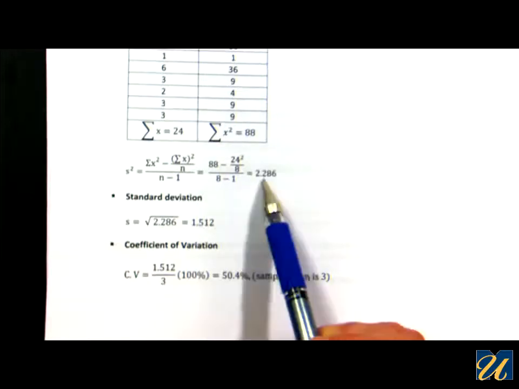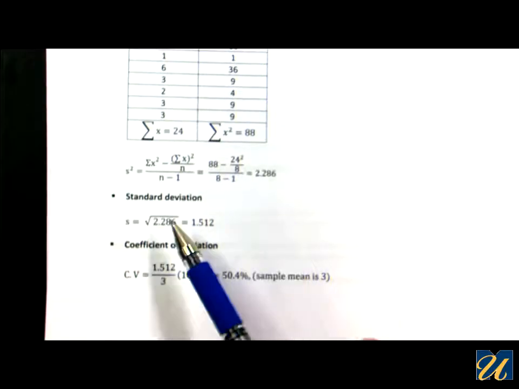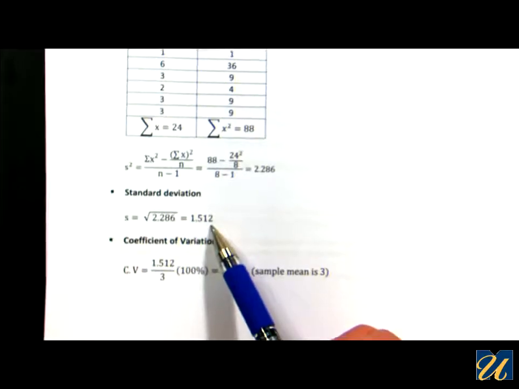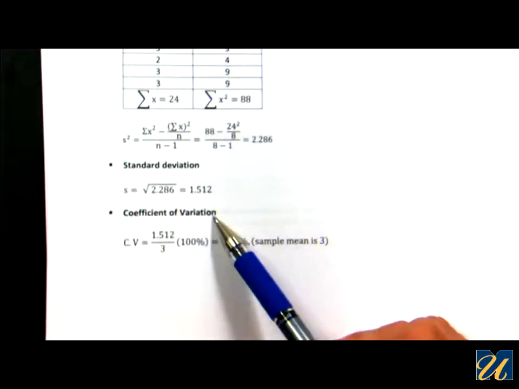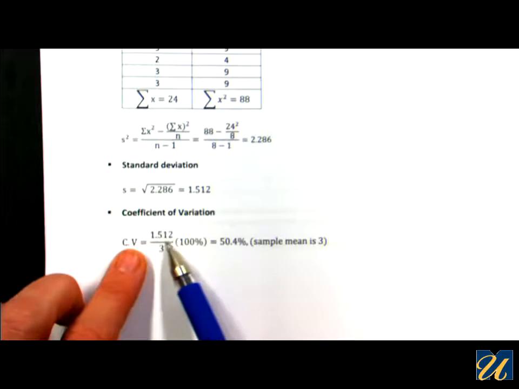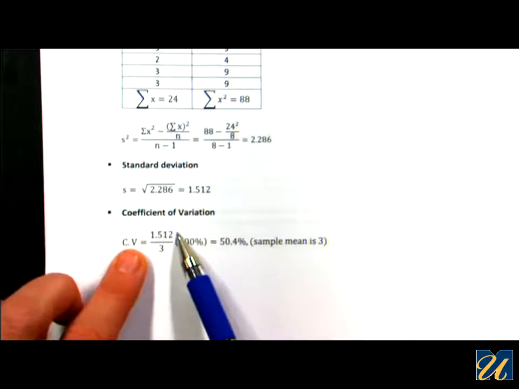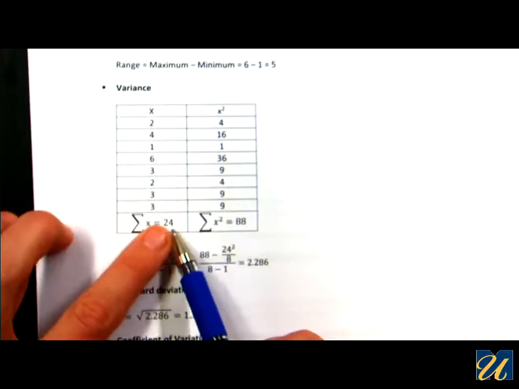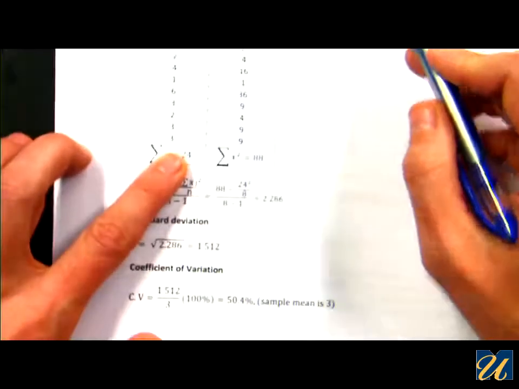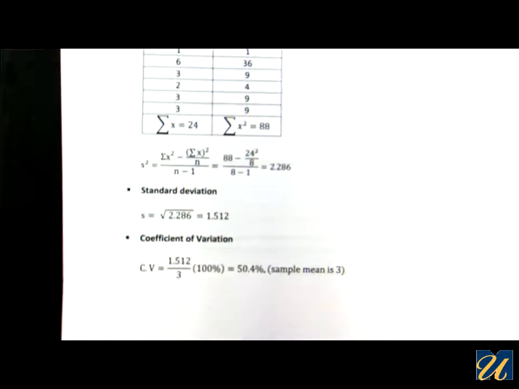The standard deviation, whatever I got here for my variance, I will take the square root of that, and that will give me 1.512 for the sample standard deviation. Coefficient of variation, all I need is the standard deviation that I just calculated, right? And then the average. So all I need to do for the average is what? I have the sum of all the entries, 24. I have the sample size is 8. 24 divided by 8 is 3. So your coefficient of variation will be 50.4%,